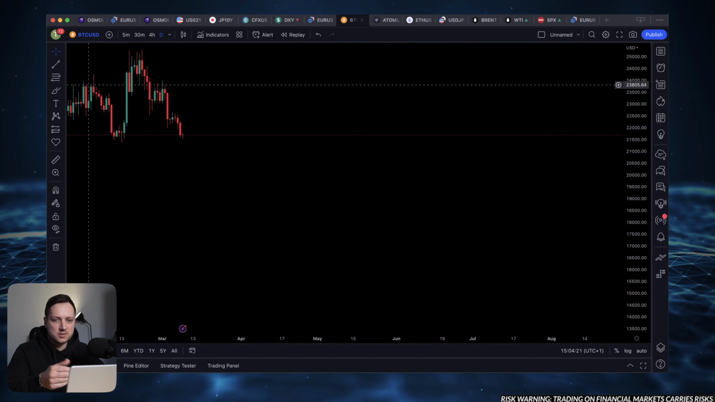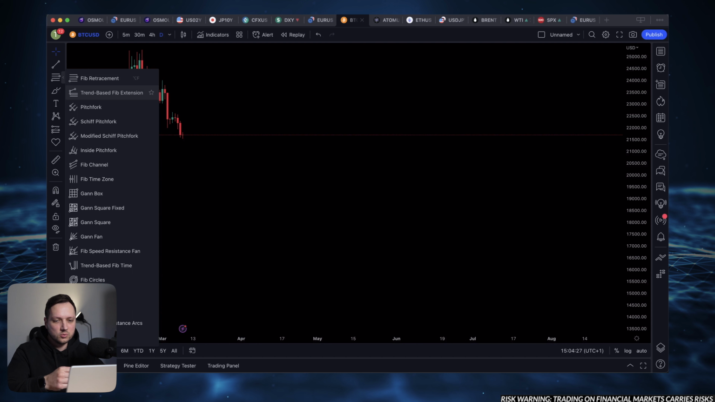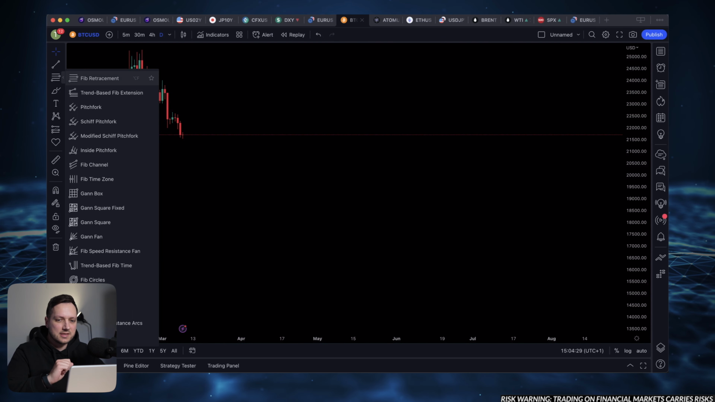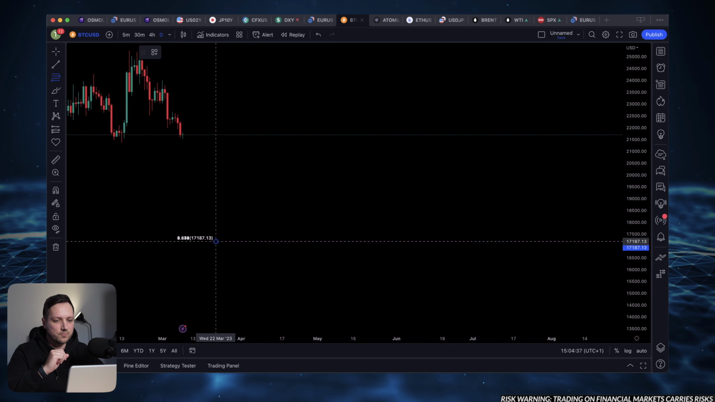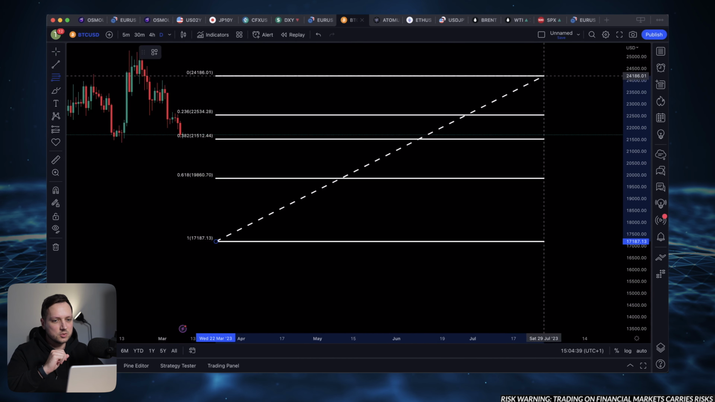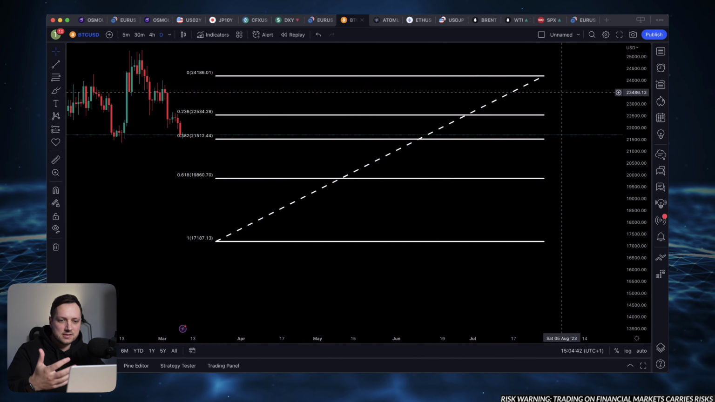In TradingView, it is on the left side where most of the tools are. We have a Fibonacci retracement and a trend-based Fibonacci extension. These are the two tools that we are going to talk about today. Firstly, let's use Fibonacci retracement. So we click, we spread it, and as you can see, these are some lines with the numbers on the